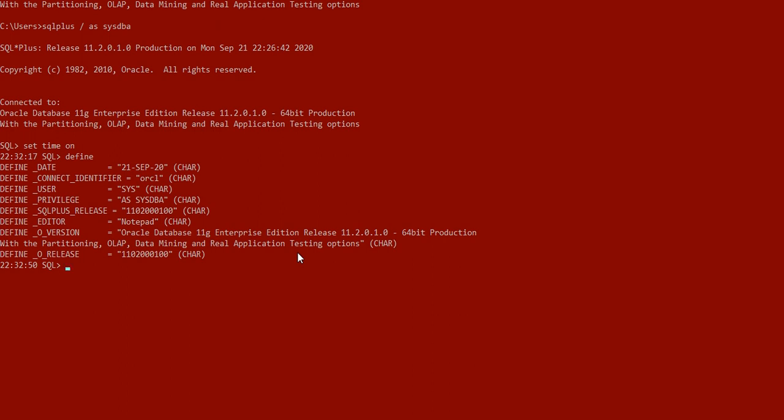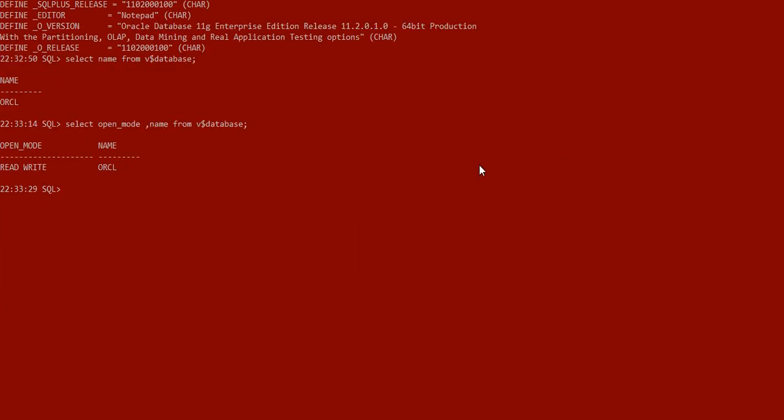We can also check the name of the DB with another SQL command, like select name from v$database. You can easily see that we are inside the ORCL database. And if we want to know the mode of the DB, then we can use the open_mode column. Here you can see that we are working inside the ORCL database in read write mode.